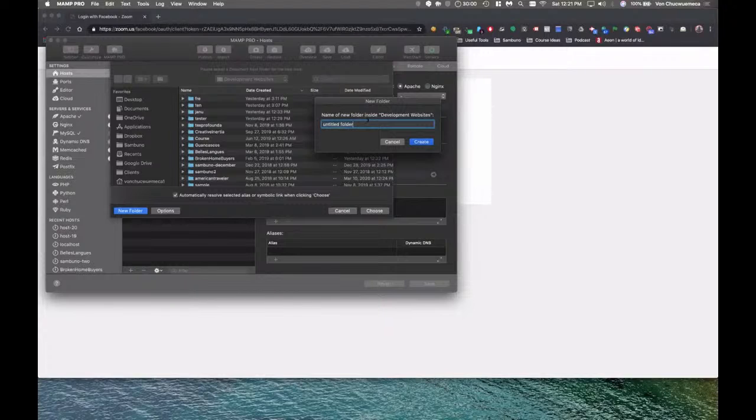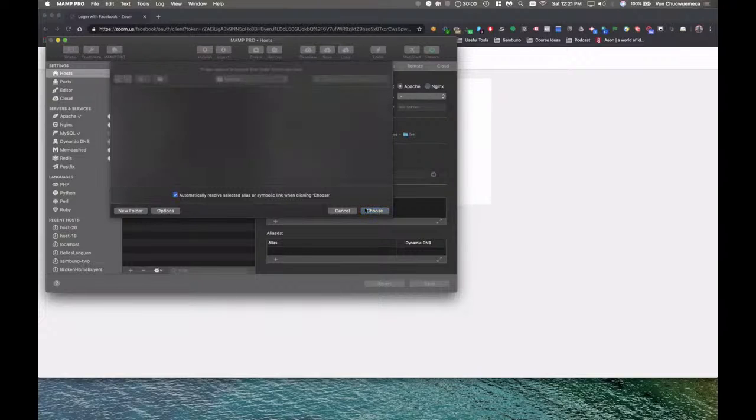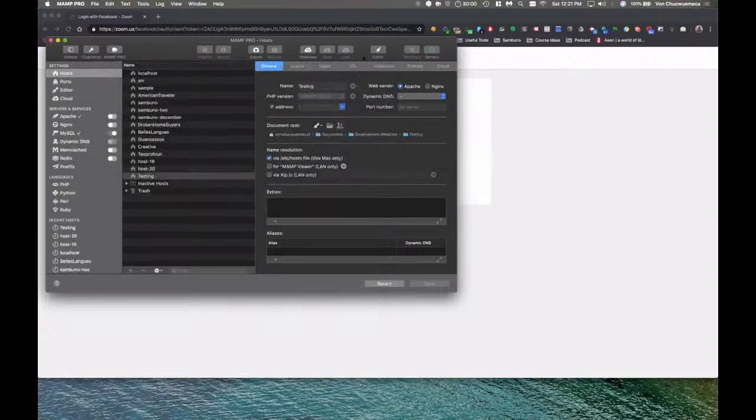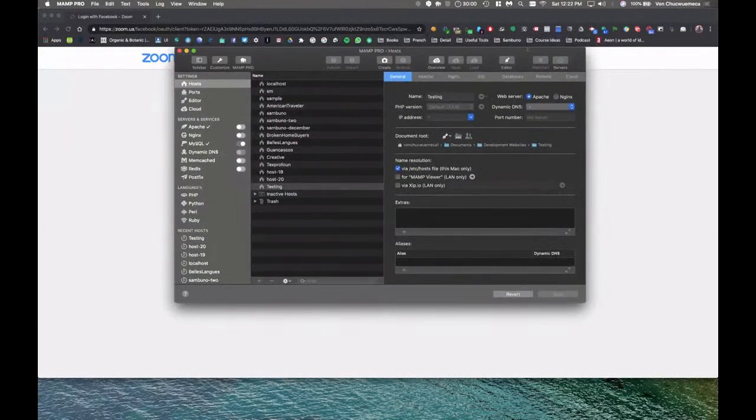Okay, so we're creating the folder to hold our website. We're calling this folder testing. So this is where it will go, and I'll click choose. Okay. So here it is, and then we will click